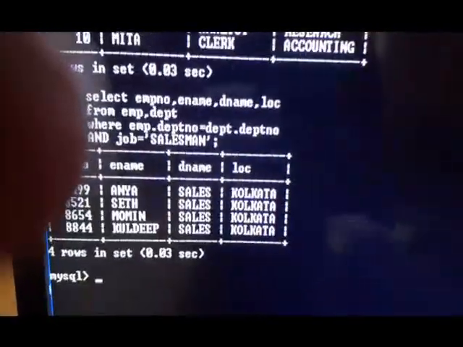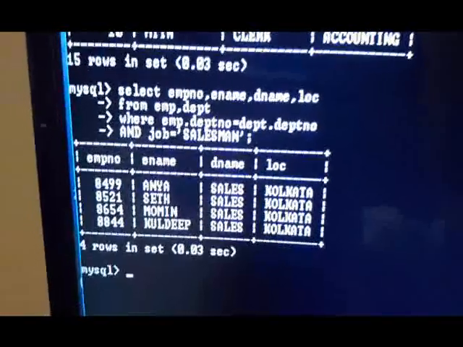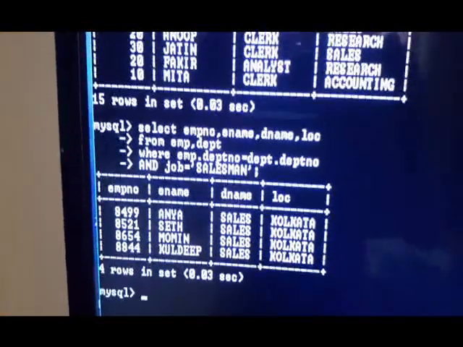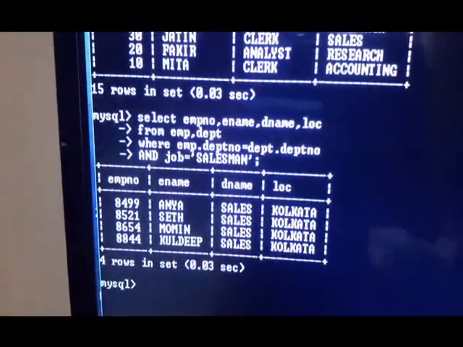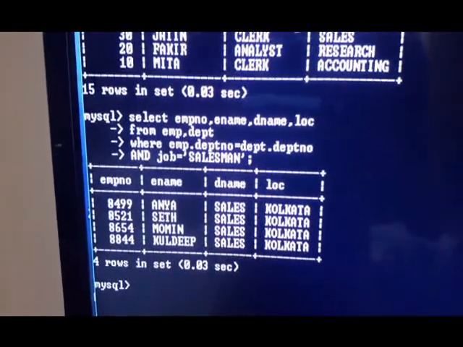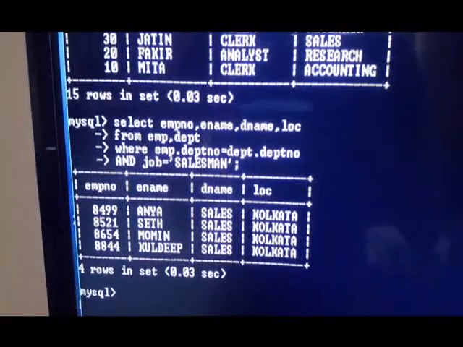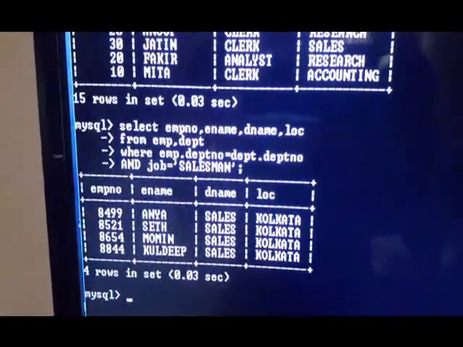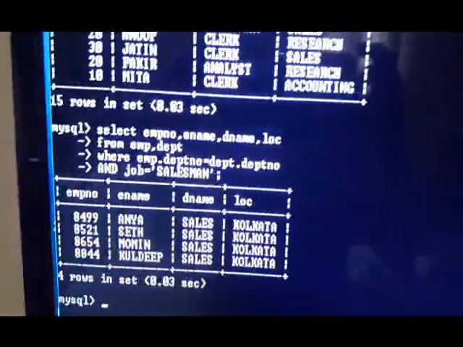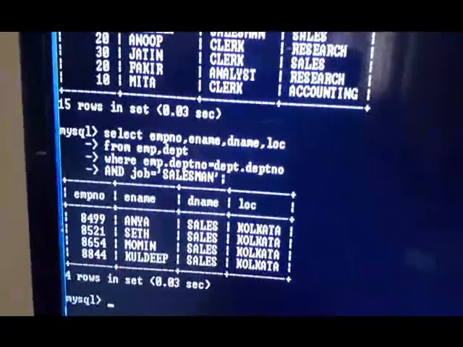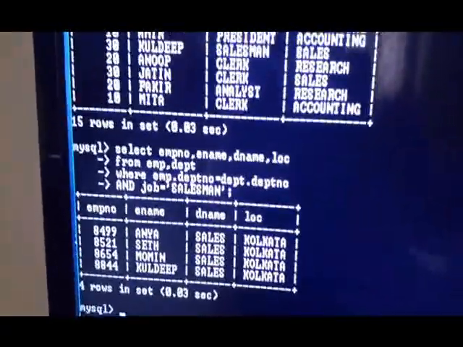This is the query: select EMPNO, E-name, D-name, LOC from EMP, DPT where EMP.DPTNO is equal to DPT.DPTNO and job is equal to salesman. Whichever rows satisfy this are the only ones displayed.